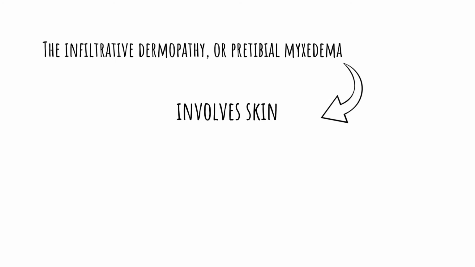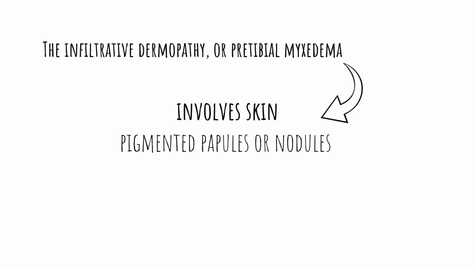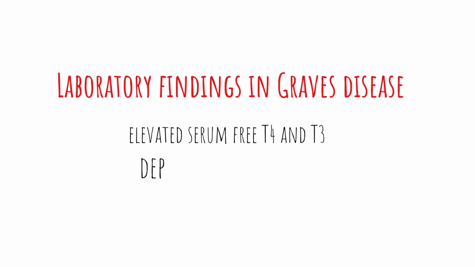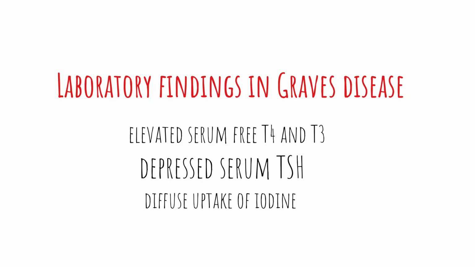The infiltrative dermopathy, or pretibial myxedema, most commonly involves the skin overlying the shins, where it manifests as scaly thickening and induration of the skin. The skin lesions may be slightly pigmented papules or nodules and often have an orange peel texture. Laboratory findings in Graves' disease include elevated serum free T4 and T3 and depressed serum TSH. Because of ongoing stimulation of the thyroid follicles by TSIs, radioactive iodine